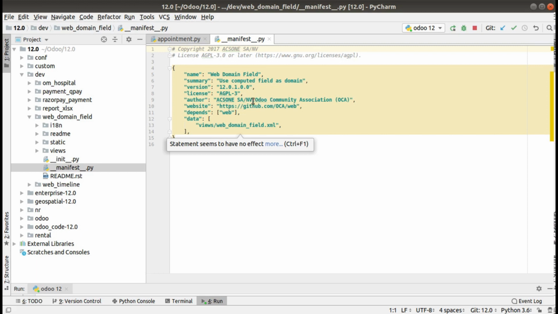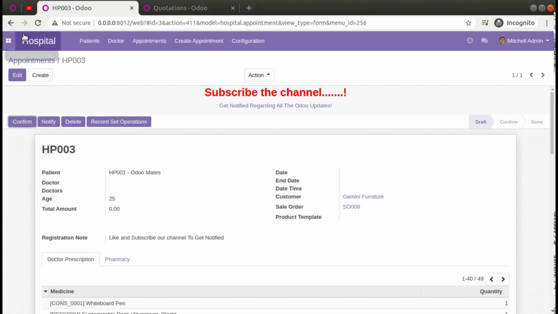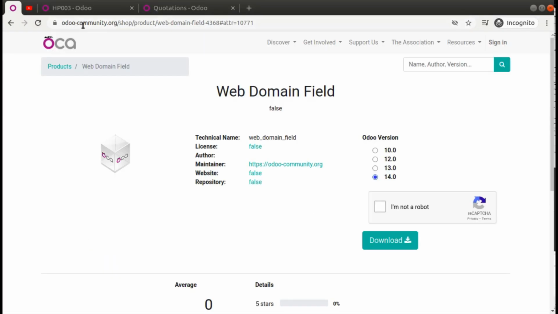So you can download this from the OCA shop. If you search for this module inside the Odoo app store, you might not find it, but you can download it from the OCA GitHub repository, or you can go to the OCA shop. So you can see odoo-community.org shop, and from here you can download this module.